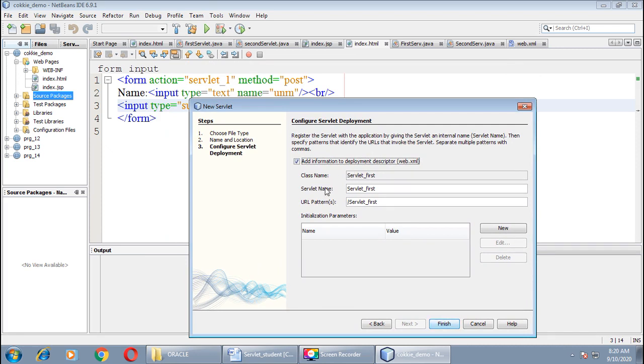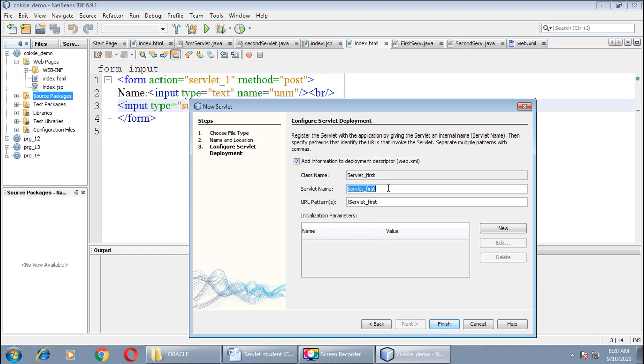What we will define for our class name is servlet first. Whatever name you have defined for your class in the previous page will be displayed in the next page. So here you can see the same name, servlet first.